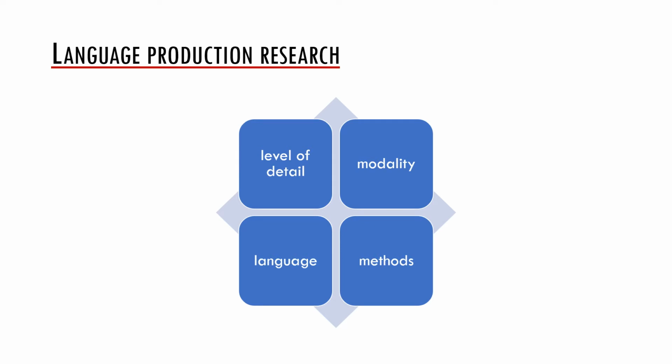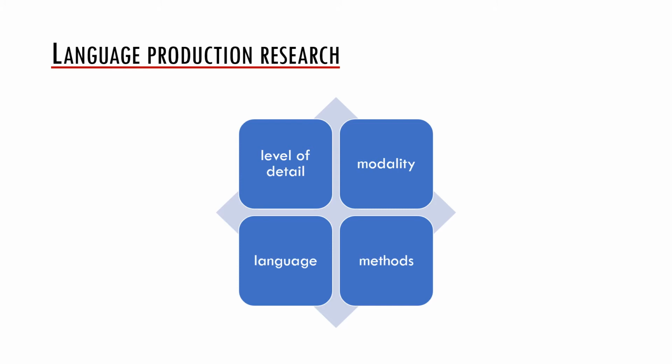First, production may be studied in various levels of detail. We may be interested in the macro planning, how people plan their speech, how they act in a conversation, and so on. Or we may focus on micro planning and thus discuss issues such as word selection, syntactic or phonological encoding, articulation, and so on. Some aspects of the topic are well studied, such as lexical access. Some are still quite under-researched, such as various macro-planning issues.